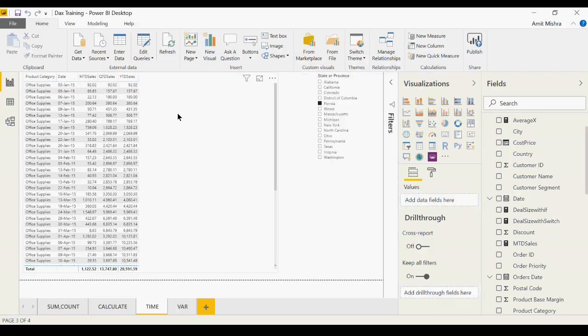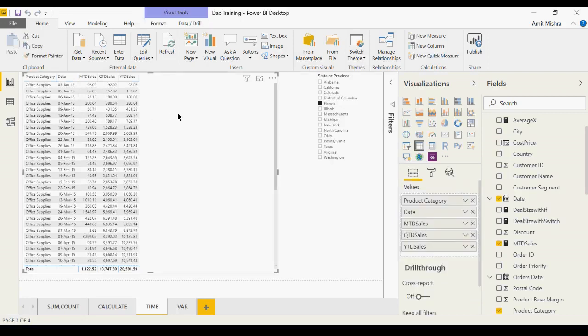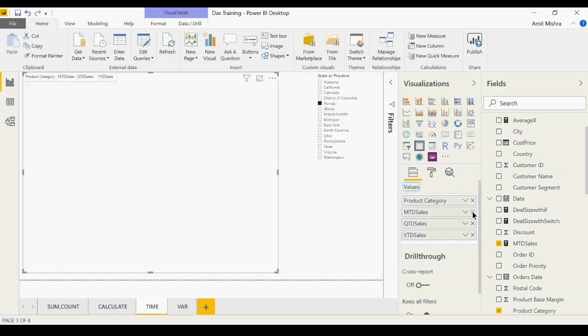So right now Power BI gives you the functionality of creating time intelligence functions for 3 different sections, which is month to date sales, quarter to date sales, and year to date sales, and you can use that extensively according to your preference. So if I just remove this date field over here also, then I will be able to get the result which will specify what my month till date is. So month till date will take the current month information, then Q2 sales will take the quarter. For this quarter, how much has been the sales, and this will give me what is my year to date